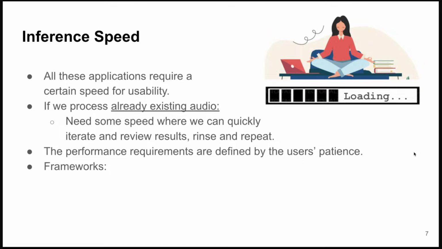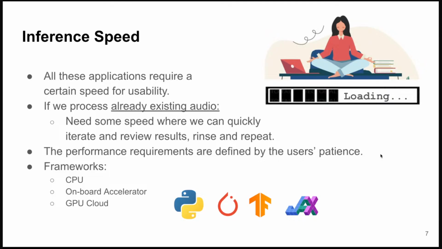And when this is the case, well, we can actually run this neural network that has already been trained. We can run it on a CPU. Some MacBooks have an onboard neural engine, which is an accelerator. We can upload the audio file that we want, for instance, to perform stem separation, to a GPU cloud, process it online, and then have the results downloaded back. And we can use all of the common neural network inference and training frameworks, which are typically run in Python, such as JAX, TensorFlow, and PyTorch.